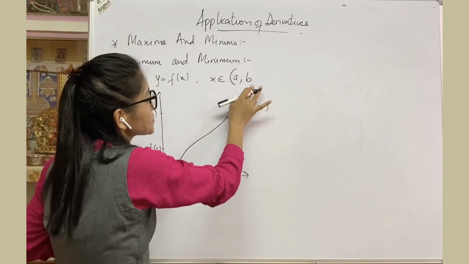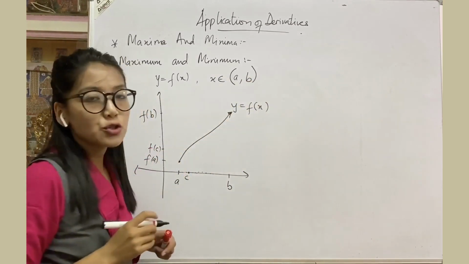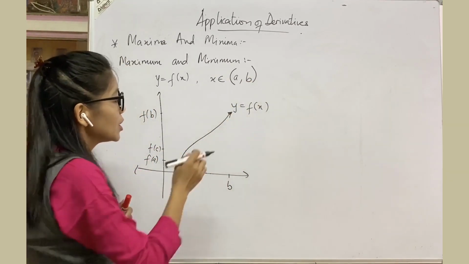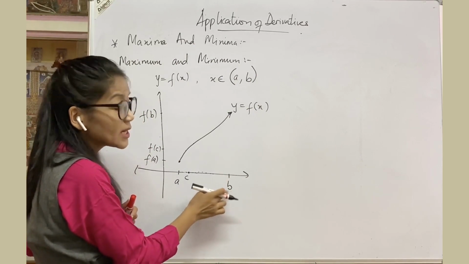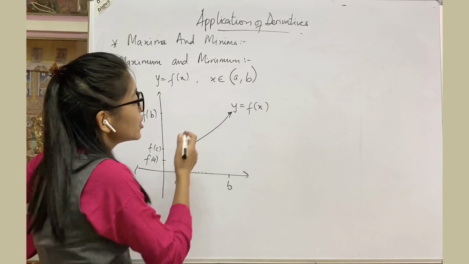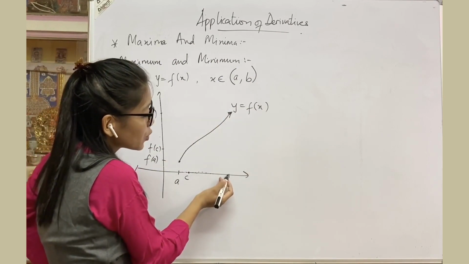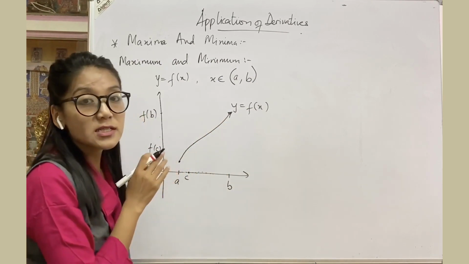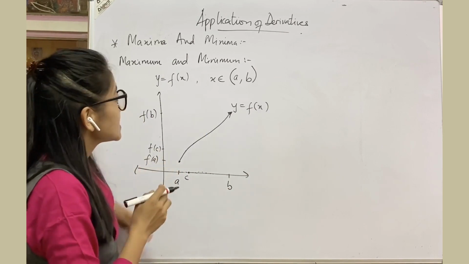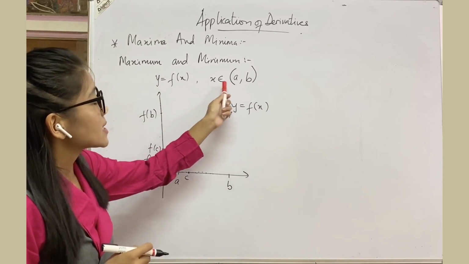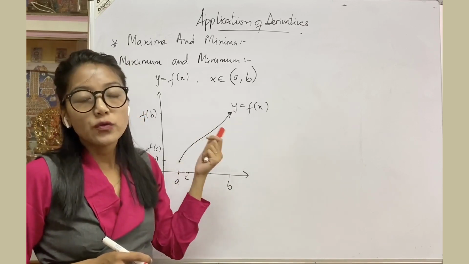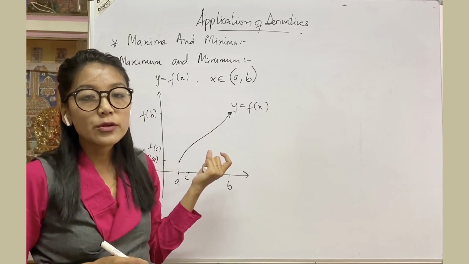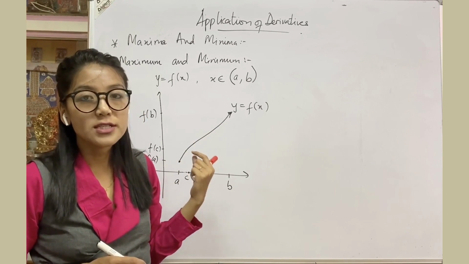Similarly, if I now change my interval into the open interval (a, b), then this b is also to be excluded, right? So you cannot find the nearest point to b at which the function may attain its maximum value. So for this function, when x is in the open interval (a, b), you will say that the maximum and minimum values, or the extreme values, of the function do not exist.